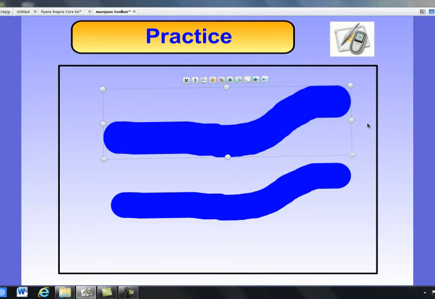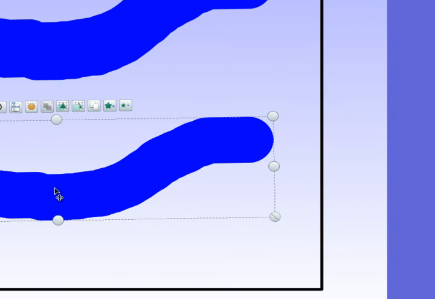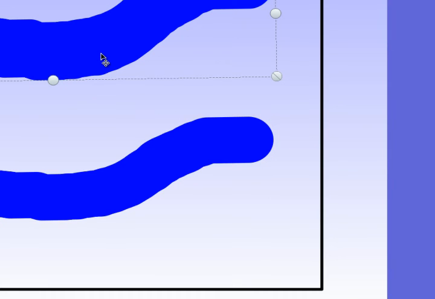Now when you're using your Active Pen on your ActivBoard, all these features are exactly the same. You just click on any object, and you'll notice when I click on the second object, it has the same marquee row buttons. Any object or annotation that you click on the screen will have this marquee button, and they all do the same thing. I want you to go ahead and try practicing using the different marquee tools on your